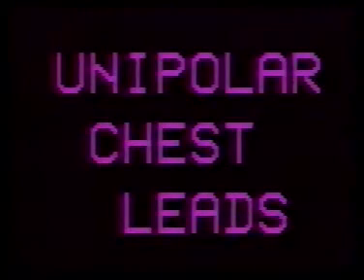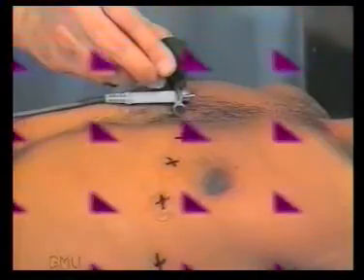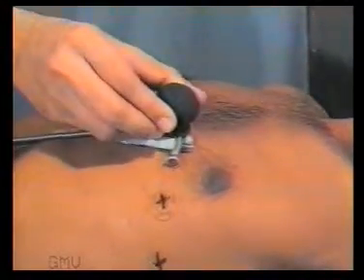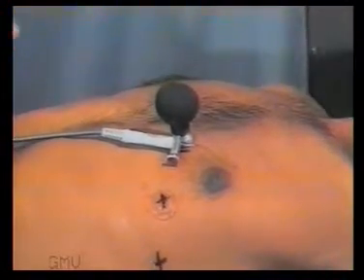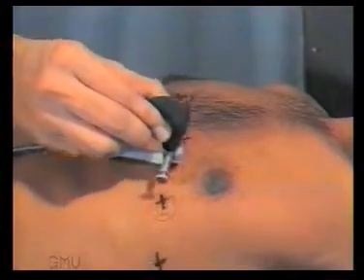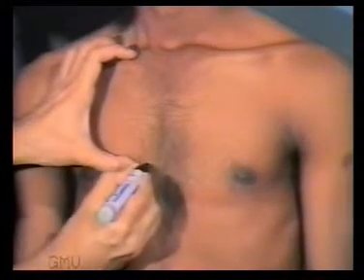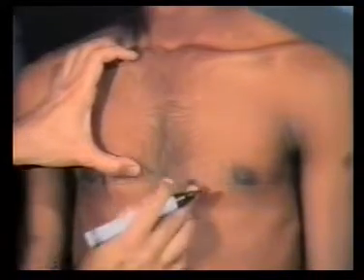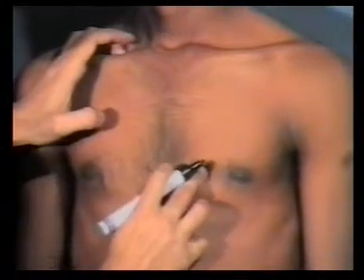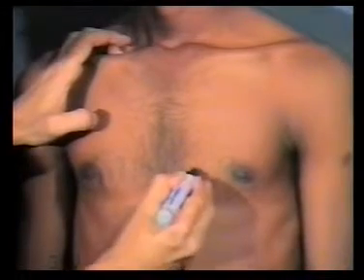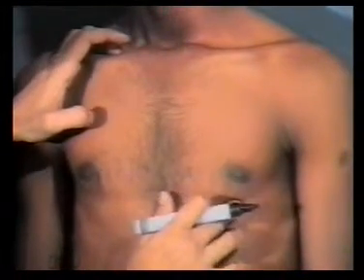The chest leads are recorded with an exploring electrode placed at various points over the chest, while all the 3 limb electrodes are connected together to form the neutral electrode. The points are marked as follows. Palpate the sternal angle. The space just below the sternal angle is the second intercostal space. Mark the fourth intercostal space at right sternal border as V1. Then mark at the same level, that is in the fourth intercostal space at the left sternal border as V2.